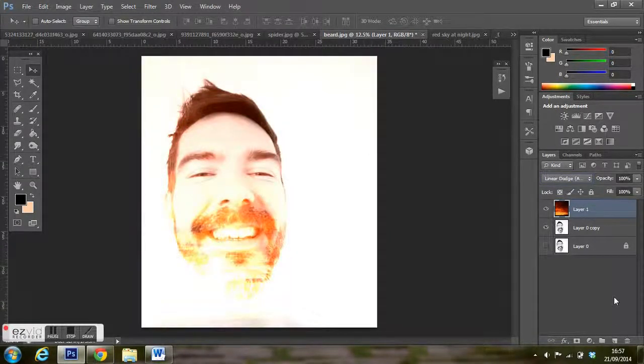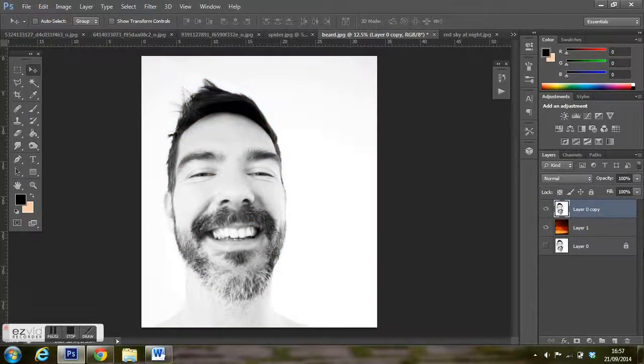Okay, so linear dodge, colour dodge. Linear dodge is quite good, I'll leave that one on. You can of course change the opacity of each layer so that it's less obvious that the blur is there, if you wish. Right. If I now click on the bottom layer and drag it above,